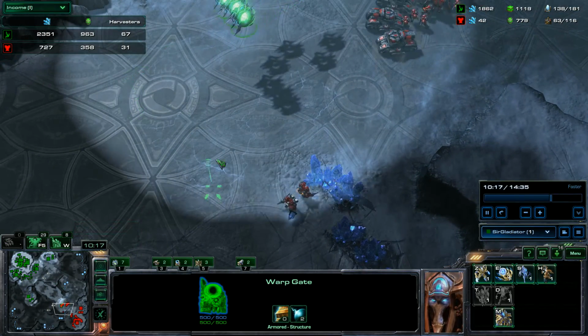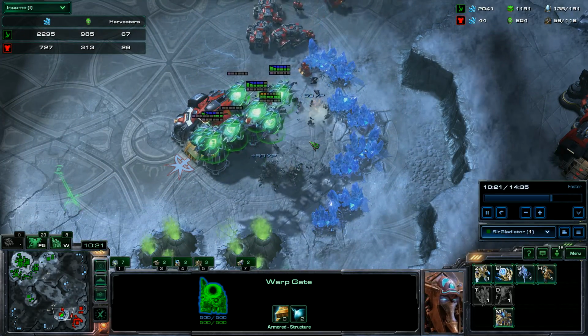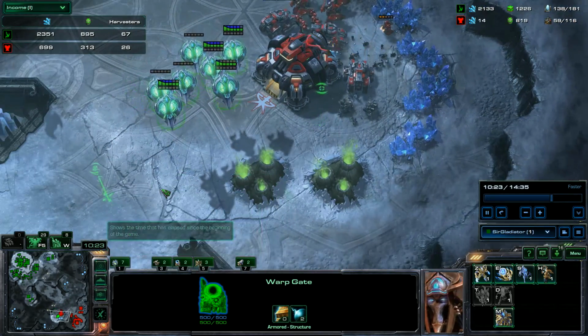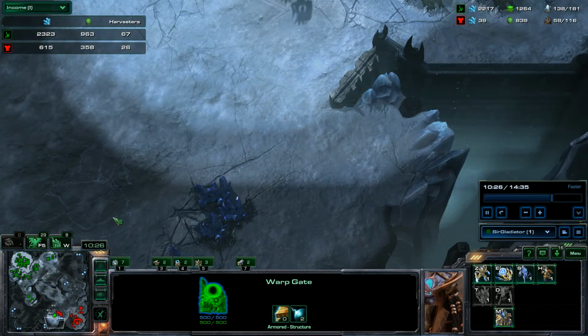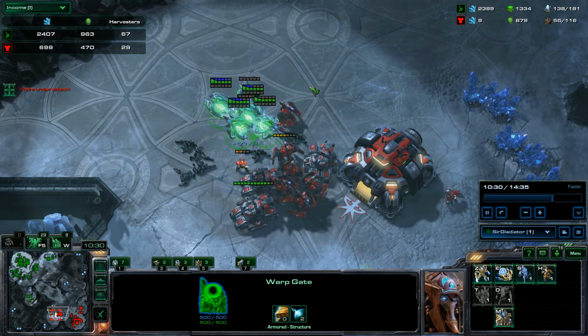Now we're going to go and we're looking for another base. We found the base. We're going to attack this base. I didn't know if he had a base, so he might, and he sure did. Look at that. Got most of their workers just that quick. And now we're going after